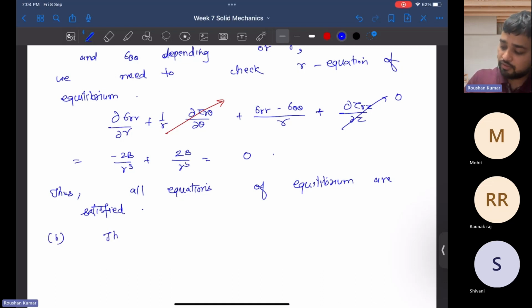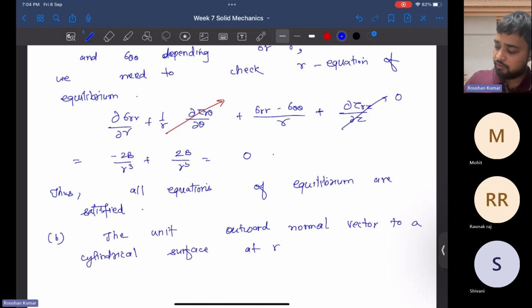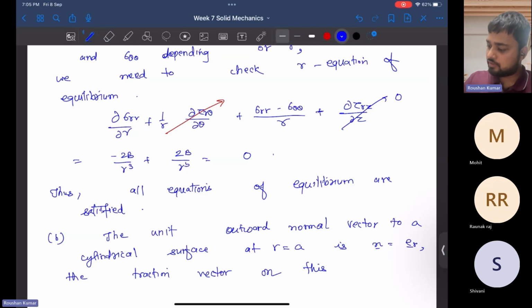So part B of the question is, the unit outward normal vector to a cylindrical surface at r equal to a is n equal to er, because the surface at r equal to a has its unit normal along the radial direction. So the traction vector on this surface